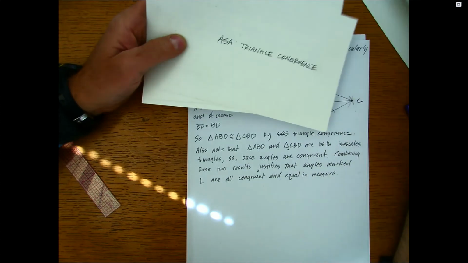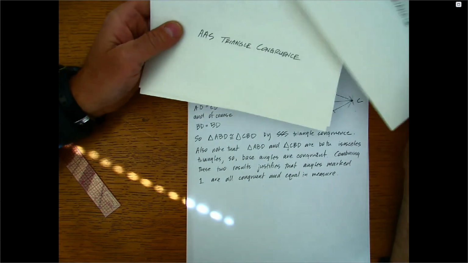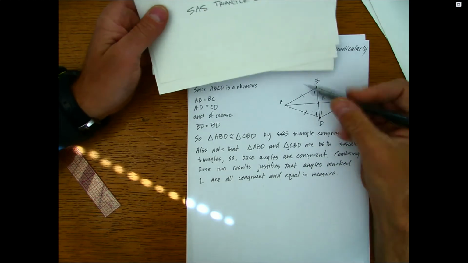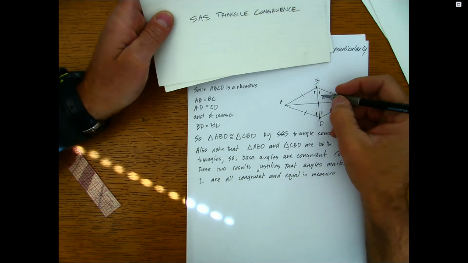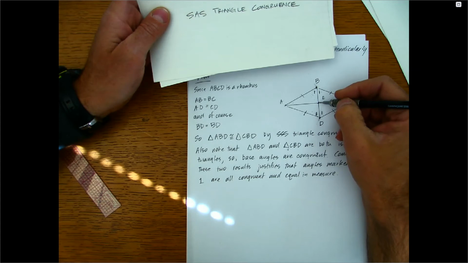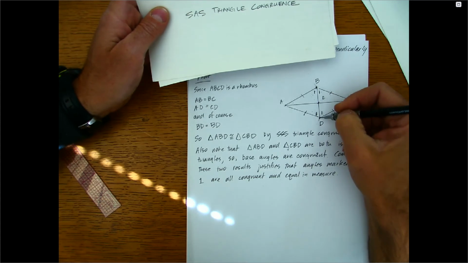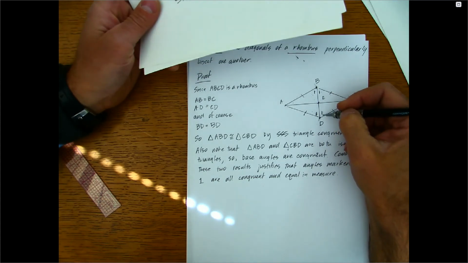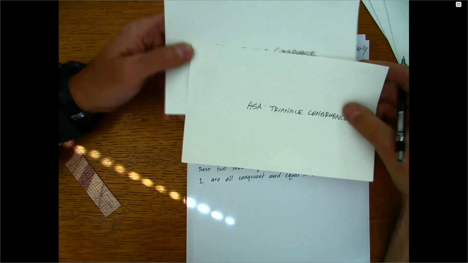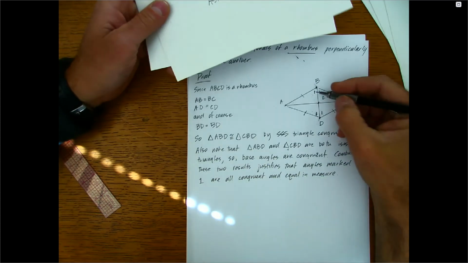So what's left? It could be angle, side, angle, angle, angle, side, or side, angle, side. I'm not going to be able to make a case for side, angle, side because I would have to know then that this side is congruent to this side, which would basically be assuming what we're trying to prove. So it's either angle, side, angle, or angle, angle, side that I need to use to get